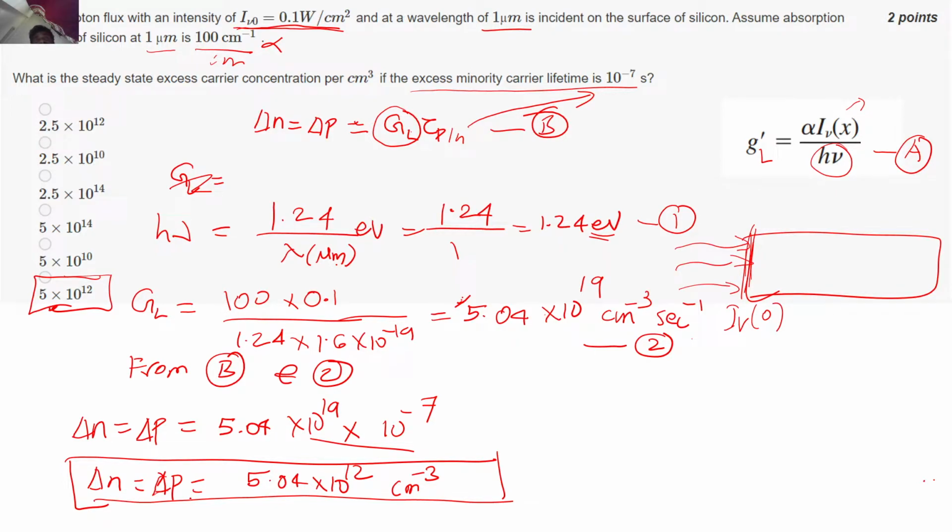So when one photon hits, it generates an electron-hole pair, right? It cannot generate a separate electron or separate hole, right? Because there's a valence band and conduction band over there. So if an electron jumps from the valence band to the conduction band, then a vacancy is created in the valence band, right? So I hope this question was clear, and it was a pretty easy type of question.